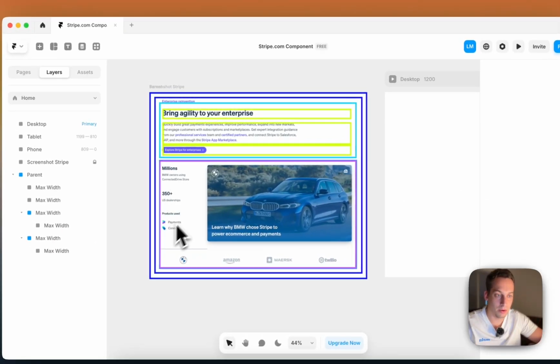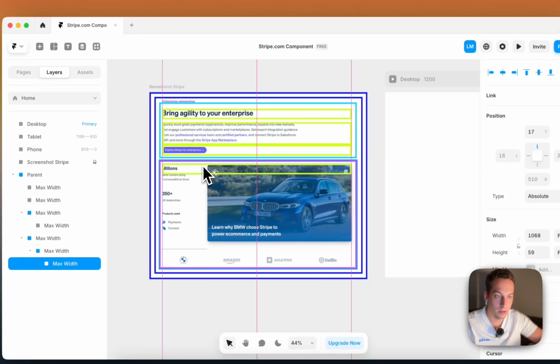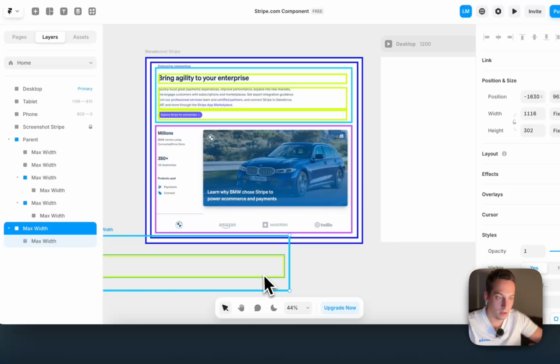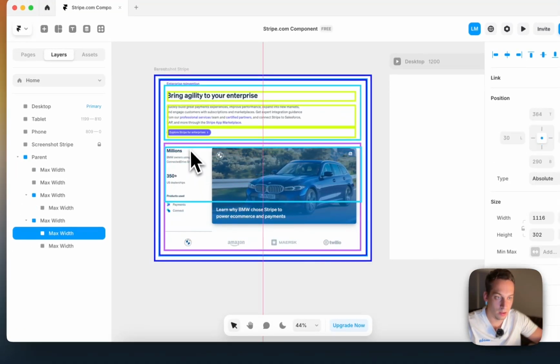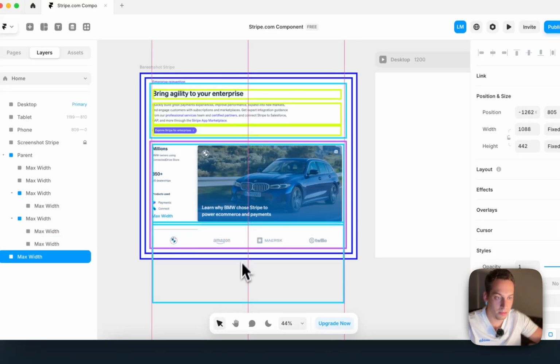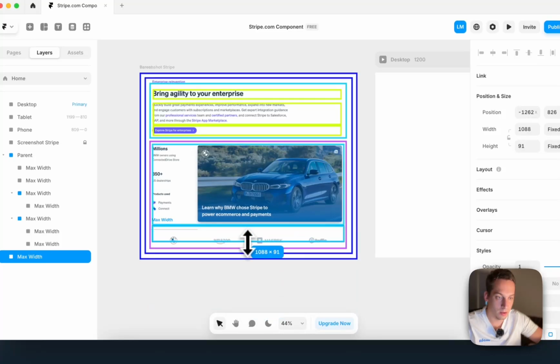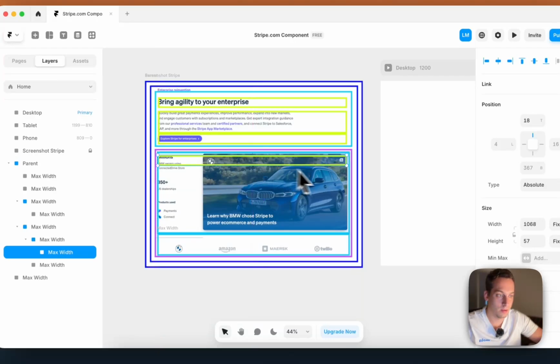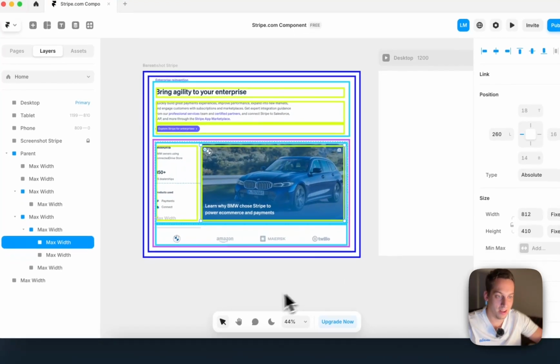And inside of this component, we're going to have the left side, or actually, let's bring this blue one, we're going to have the left side, or the top, the bottom, and then we're going to have the left, and the right,